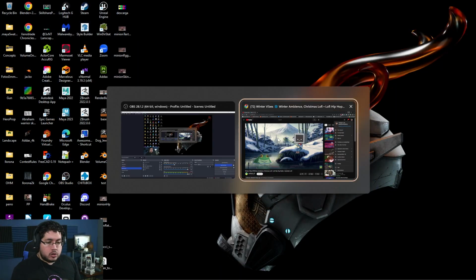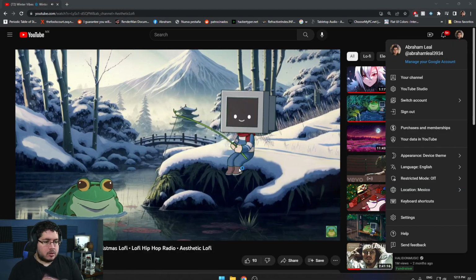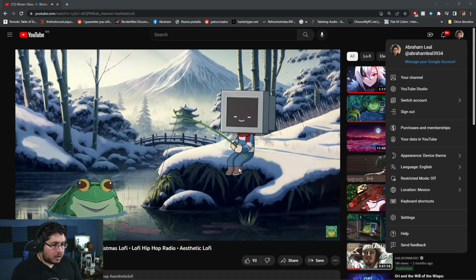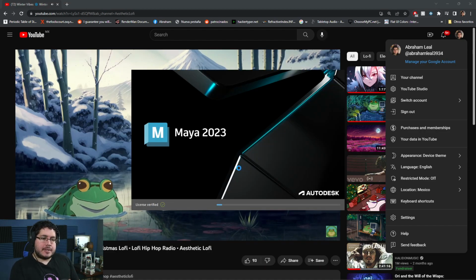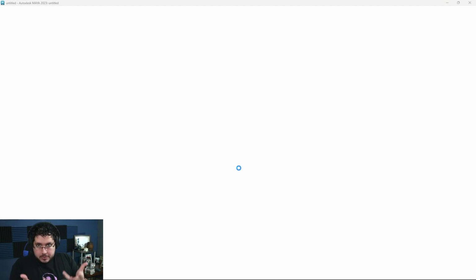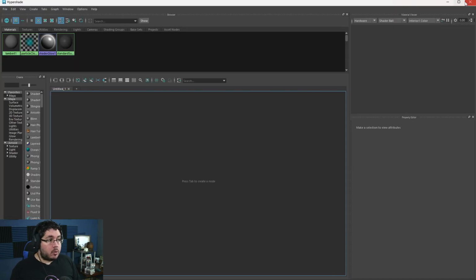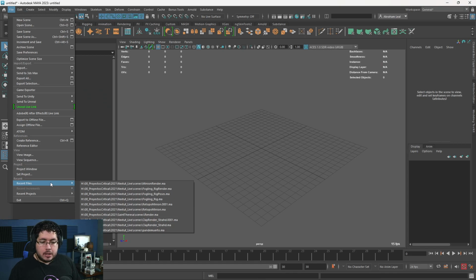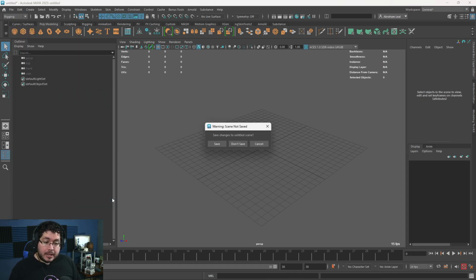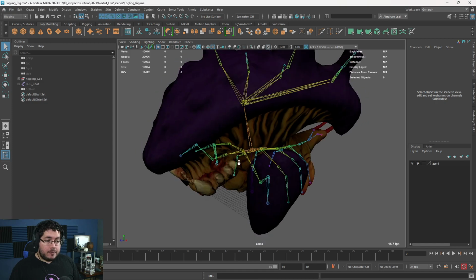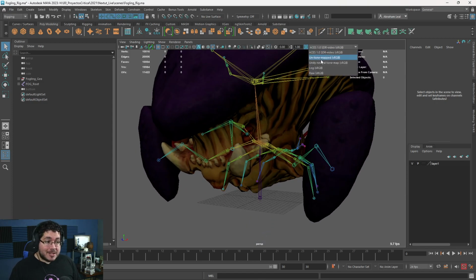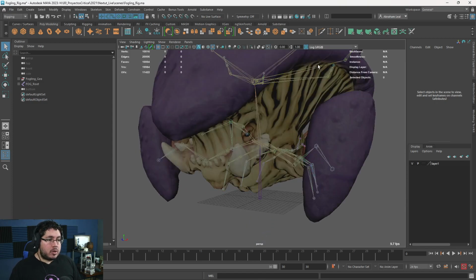So let's go now to the little character that we have here. I actually closed Maya. Today we're going to take a look at one of the last parts of the process, and it is complex, but I'm going to keep it super simple. We're just going to add a couple of interesting things here and there to have a nice control rig. The control rig are the curves that allow us to control the puppet, the digital puppet, which in this case is our rig. However, one of the things about rigs is that you can make them as complex or as easy as you want. And that will, of course, depend on how much time you want to spend on that. In our case, we're going to keep it really simple.